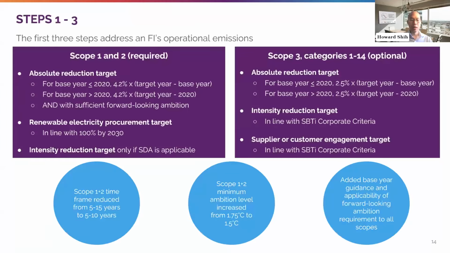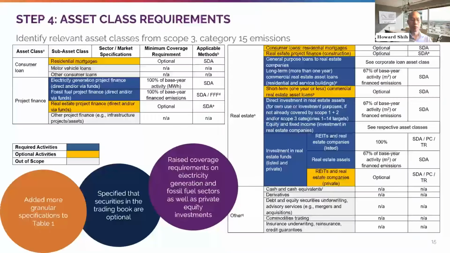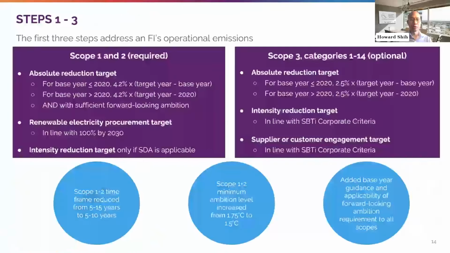In terms of changes between version 1.1 and version 2, the following have been made to update criteria to align with our corporate net zero standard criteria. So first, the time frame of scope 1 and 2 targets have been reduced from 5 to 15 years to 5 to 10 years. Second,